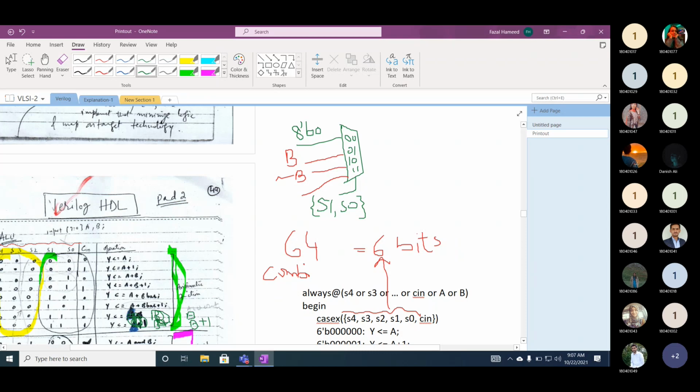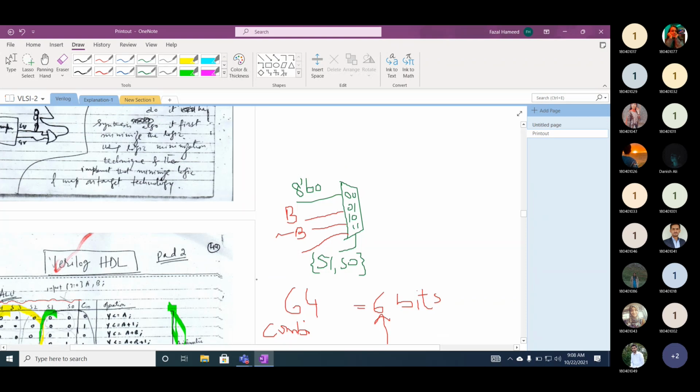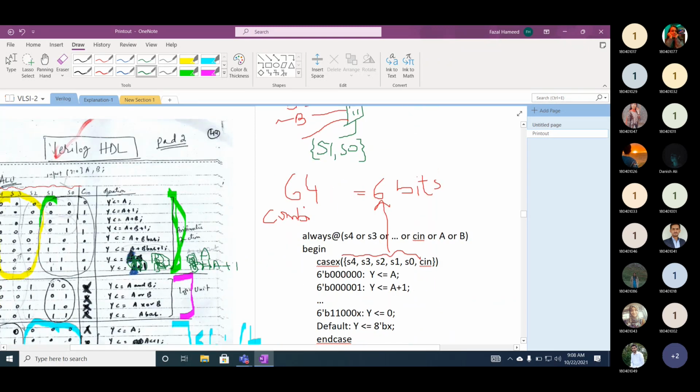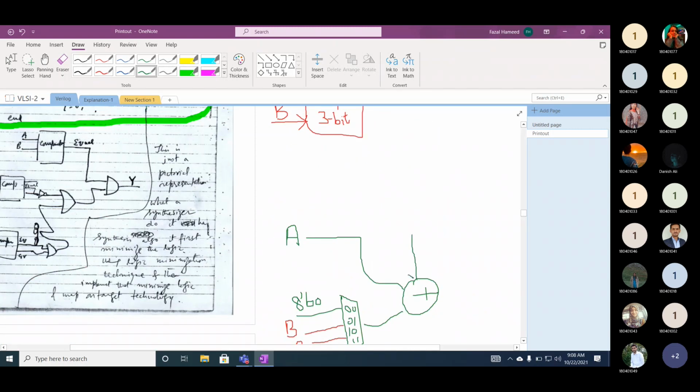Now, if you look at the above function, in all of the cases, make it simple. I want to have some reduced order. That's the reason that I'm making it A plus 1. So A is common in all cases. You need an adder. In all of these expressions, A is there. And if you look at plus 1, we will add plus 1 when C is equal to 1. So can I write it like this?